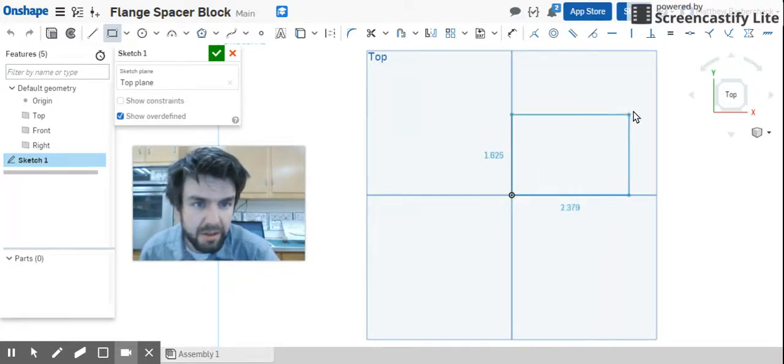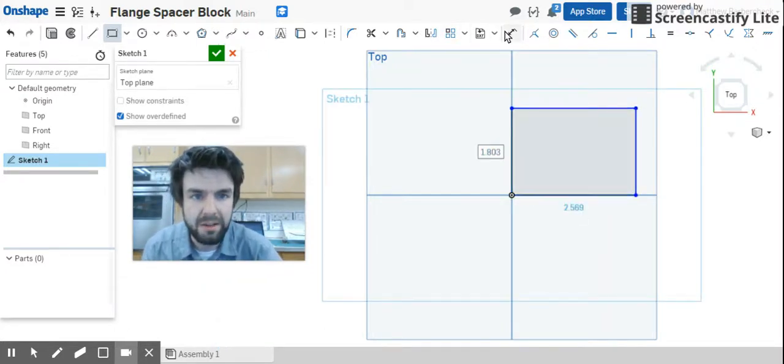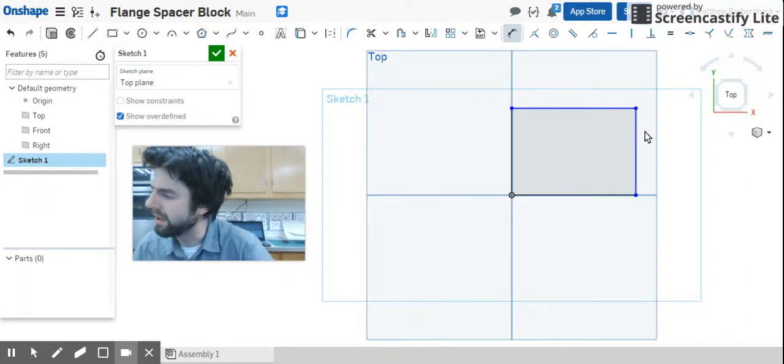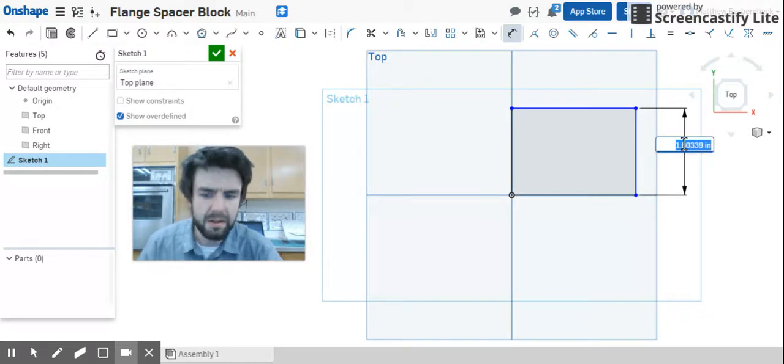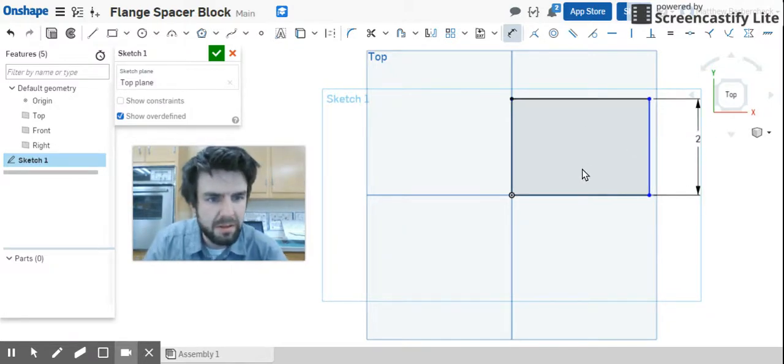Rectangle, and we're going to make this rectangle dimensions of 2 by 2. And we're going to extrude that